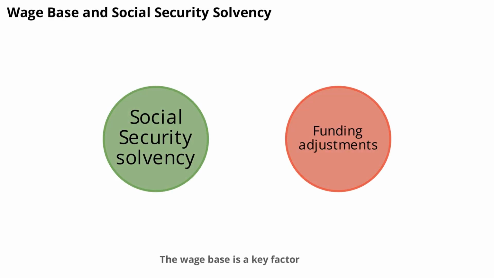The wage base is a key factor in the long-term solvency of Social Security. By adjusting the wage base over time, the government can help ensure that the program has enough funding to pay benefits to future retirees. This makes the wage base an important tool for maintaining the health of the Social Security